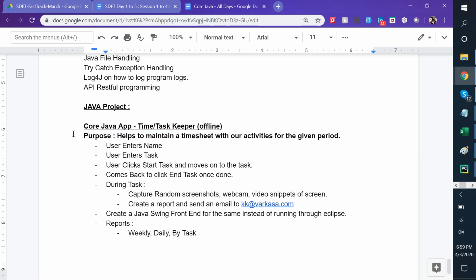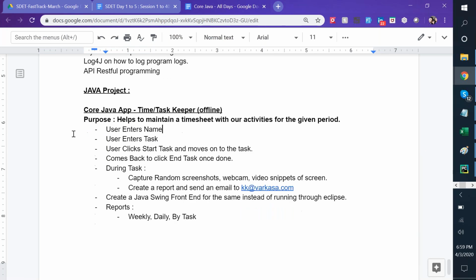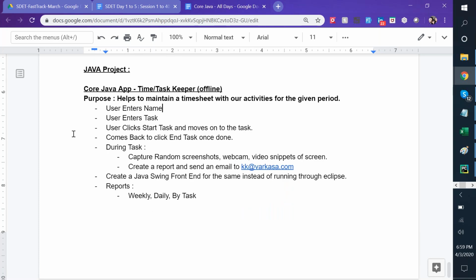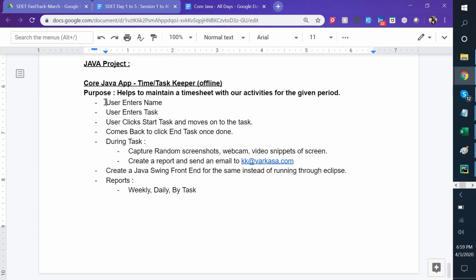Now, here is how it will run. I will explain it in a very simple way. It should be easy for you to do, team. Take an input from the user for the name, take an input for the task name. All right. Then let the user click start task, or enter 1 to start the task, and move on to accomplish